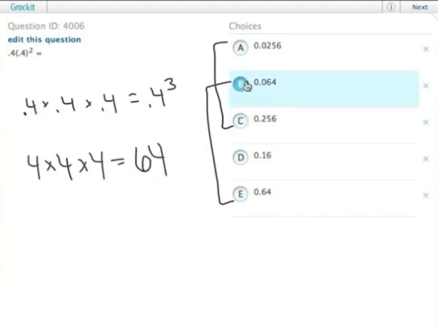So only the answers that have 64 in them are options here, so we can get rid of choice A, choice C, and choice D. The only thing then we have to decide is which one has the correct number of decimal places. Remember that since we're multiplying,